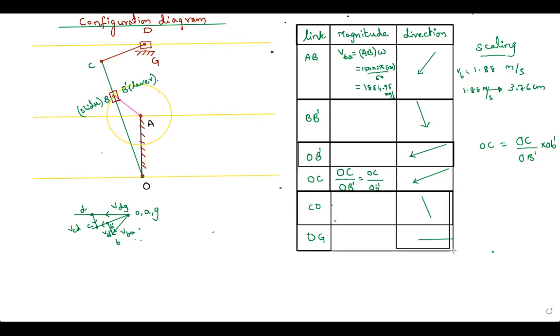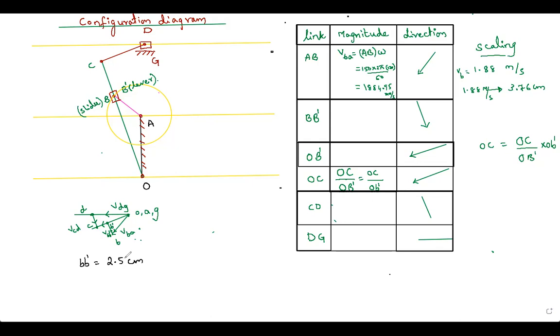So what about these magnitudes? Are we going to leave the magnitudes as they are? No, we are going to find out the magnitudes of each and every link right now. How do you find out the magnitude of each and every link? Now I have B dash, for example, B dash is here. Measure this B and B dash length. Suppose I have got the length as 2.5 centimeters.